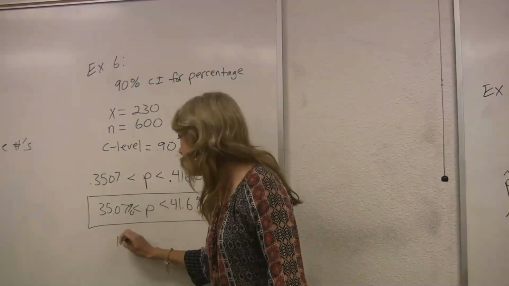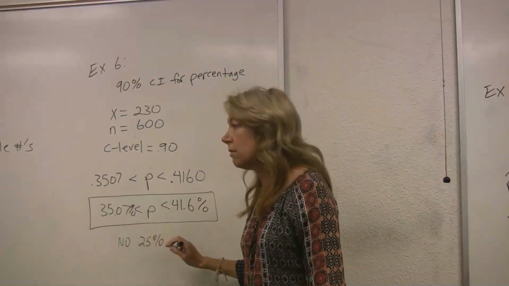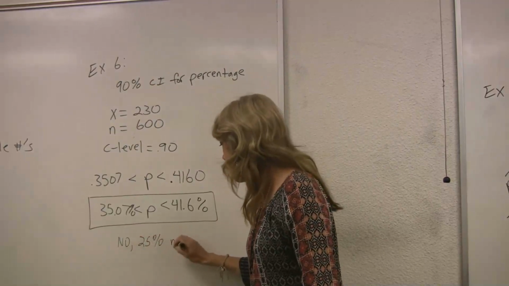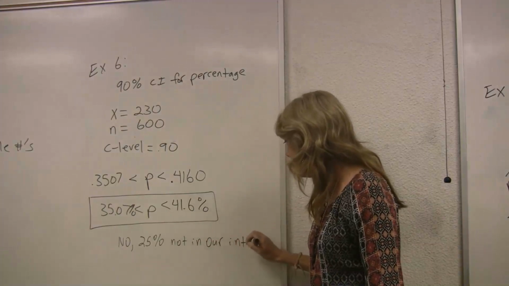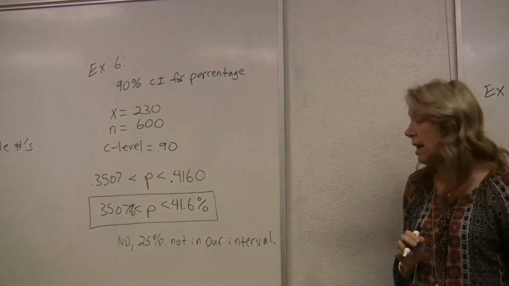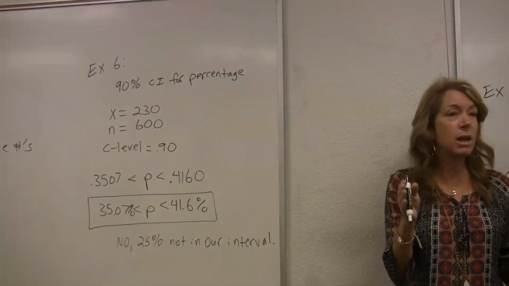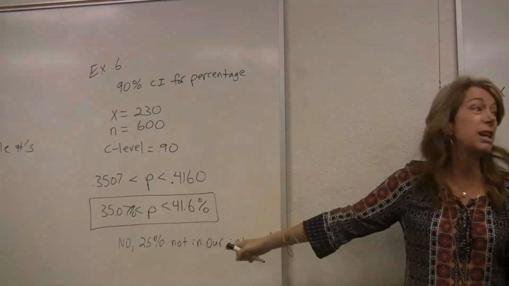Yes, Samantha? What's the best way to write that? To write what? The explanation. No, 25% is not in our interval. That's exactly what I would write. It's not in our interval, yeah. Because our interval says we're pretty sure it's between here and here. It's outside. I mean, we're 95% sure that it's in there, so